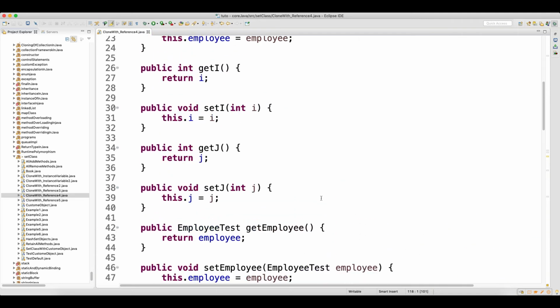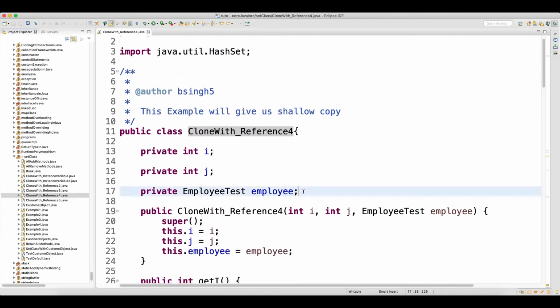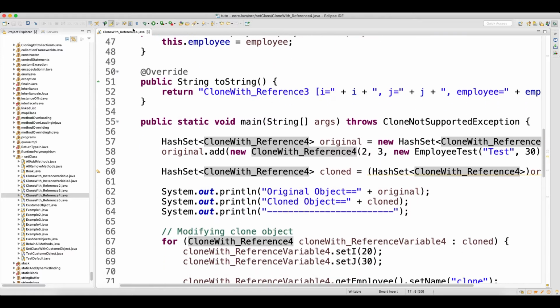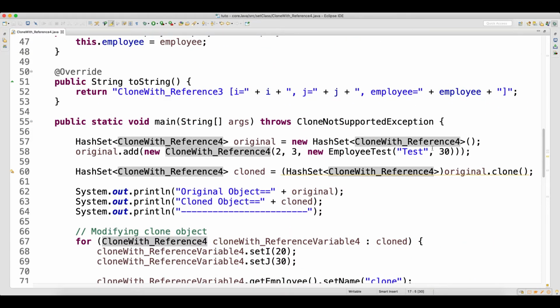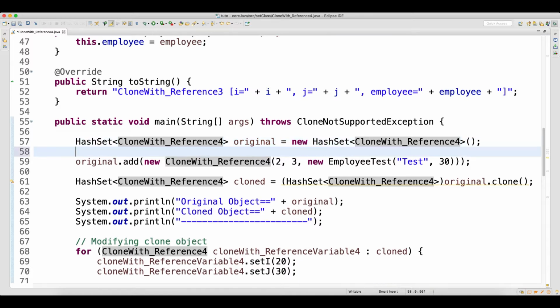Now clear? That is the reason I am able to create the reference of this EmployeeTest here. Now what happens? Now we need to understand. This is simple, it's not something we are learning new here. So again the HashSet will take the object of your custom class. This is the original object, and you are adding one record.